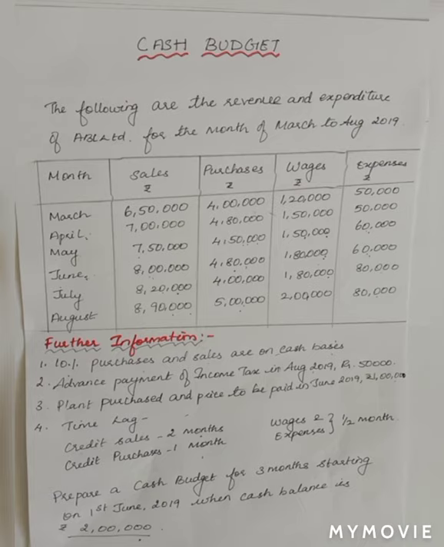So in this video we are going to see the cash budget of a concern. When we speak about the cash budget of a concern, we need to know about the incomes and expenses of the concern. For a company, there may be a lot of incomes. The main income is from its sales, and as you know, both cash and credit sales have been done.